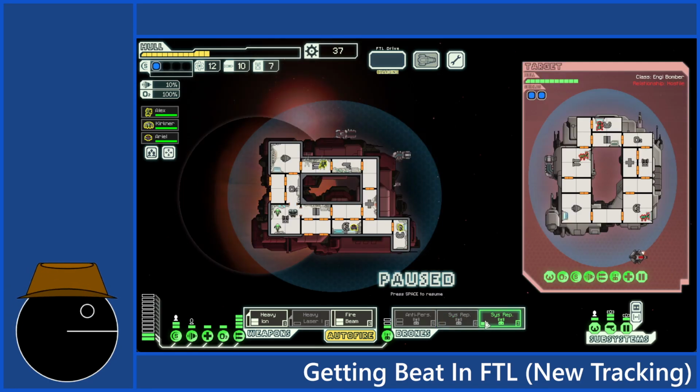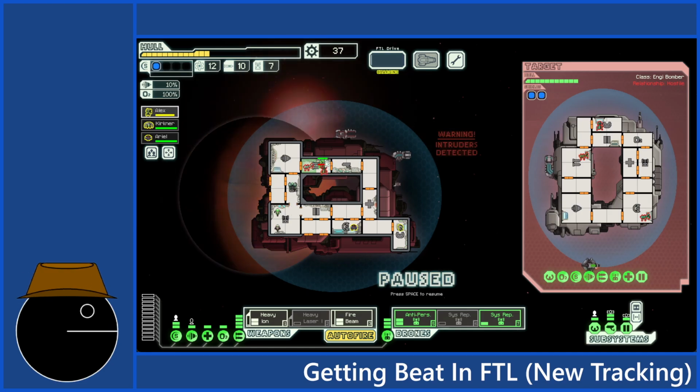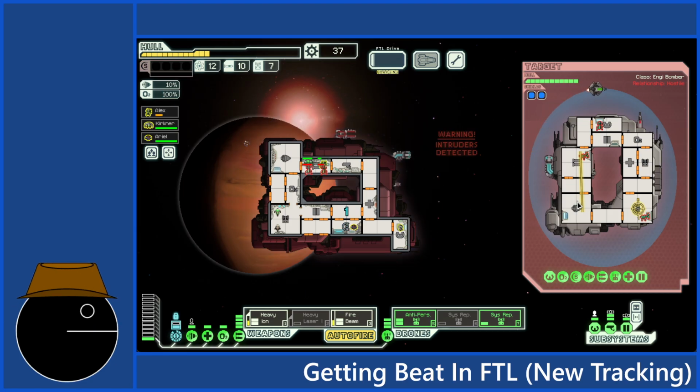And I have intruders on board. So I'm going to start up the anti-personnel drone. I'm going to get this guy out of the weapons. Actually, I'm going to keep him in the weapons until he's lower, just to distract him. And I'm going to target your ion and weapons. I realize now you have 2 levels of shield. That might mean I need to go for the heavy laser.